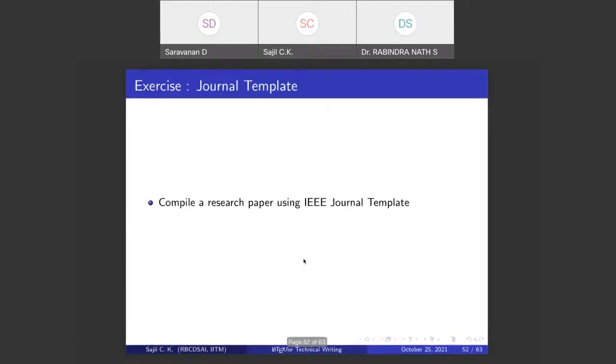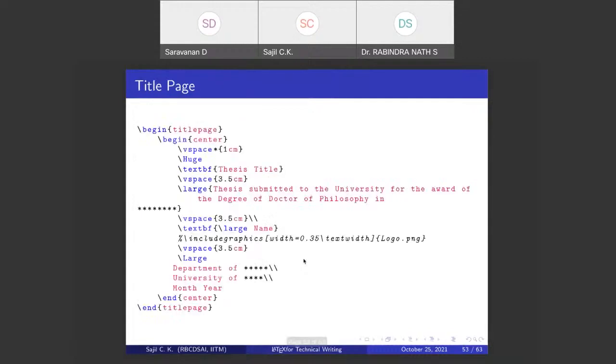Okay, this one is, if you are creating a thesis, you might need to manually create a front page with your thesis title, the department name, university name, month, year, your name, etc. This way you can create it custom. This is a custom design, right?